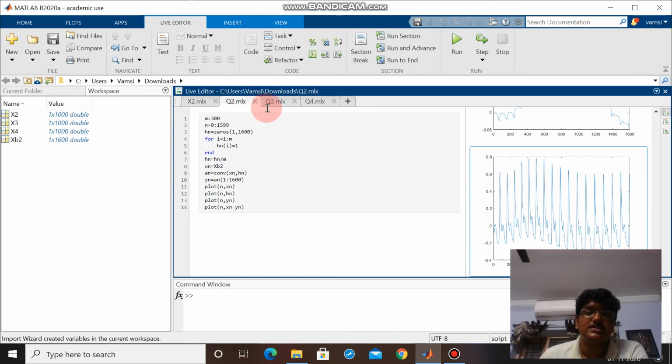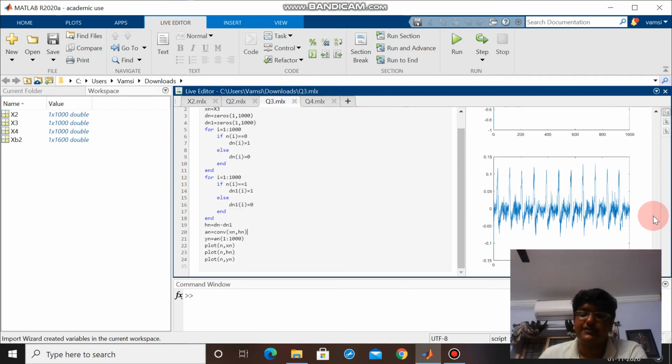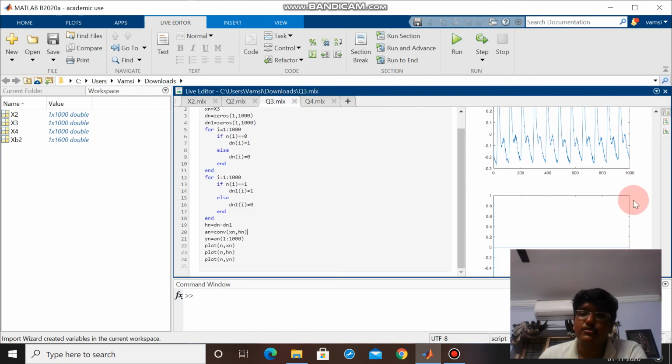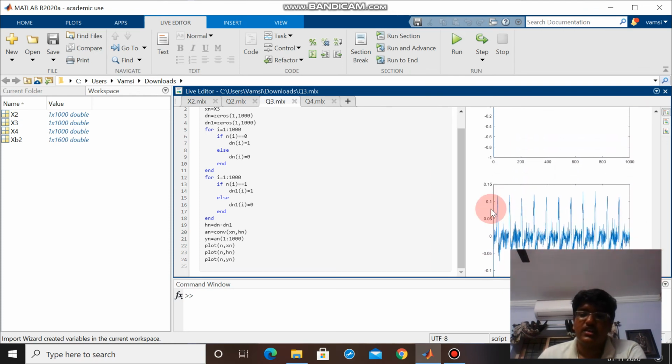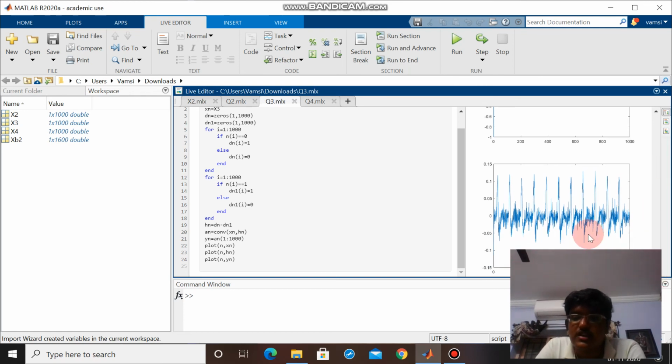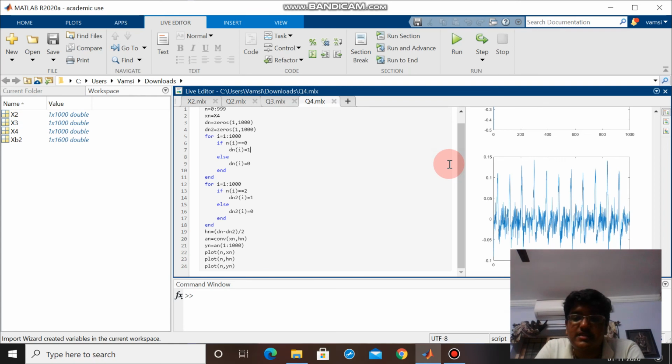Whereas in question number 3 and 4, these systems are actually a lot noisier than the original one. As you can see here, there are only a few high peak values, whereas when the output signal is plotted, it has more disturbance in this system. So this is also known as noise addition, or a high pass filter. It allows only high frequencies to pass through it. So the systems in questions 3 and 4 only allow high frequencies to pass through.